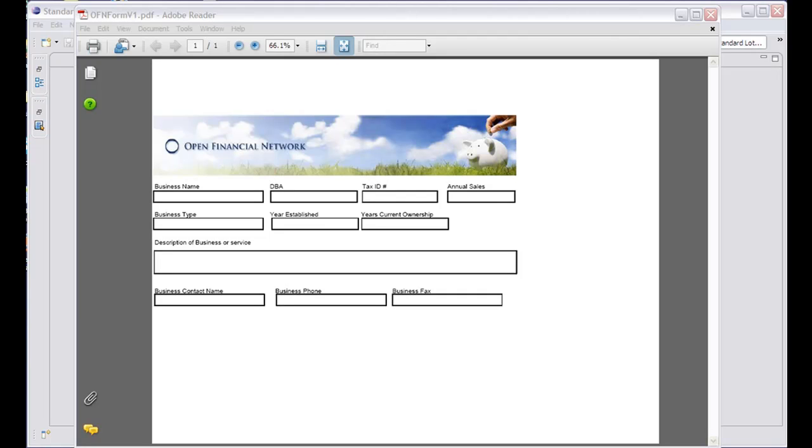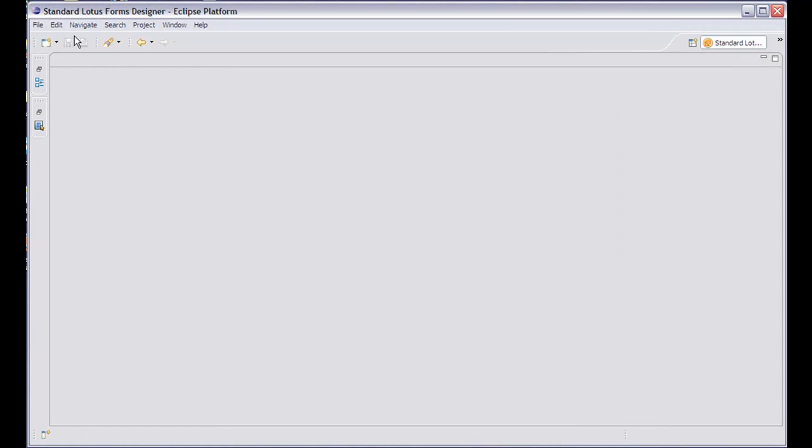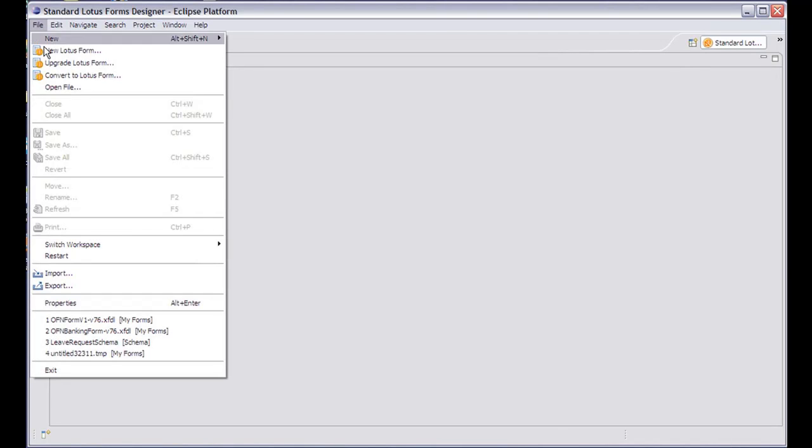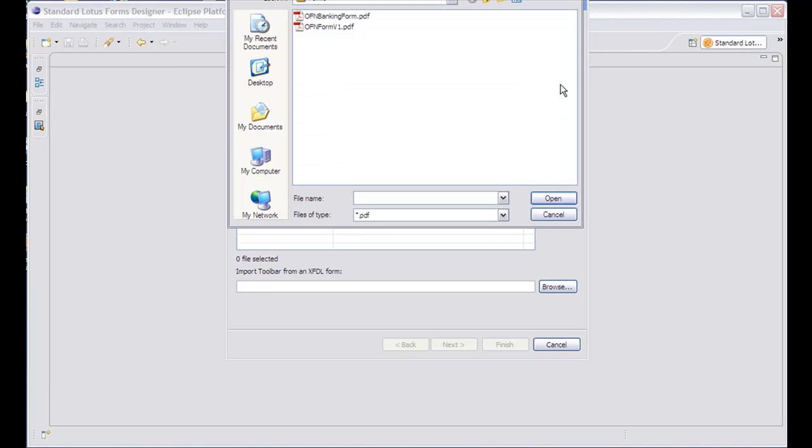Hi, so here we are looking at a PDF form, and as we can see, it's got labels and fields and a header, but we can't actually modify those fields. We've got to print it out, fill it out, send it via snail mail, or fax it in. So within the Lotus Forms Designer, we can actually import that PDF, and it goes